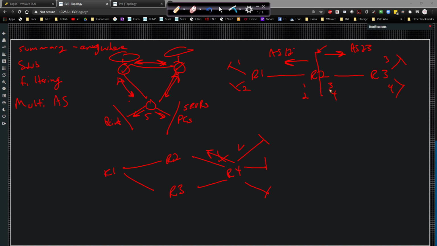If I want to release that information between each other, I would have to do mutual redistribution AS to AS. So I would have to allow 23 into 12, and I'd have to allow 12 into 23. By doing that, I would see 3 and 4 here, as well as 1 and 2 here, and then you'd see